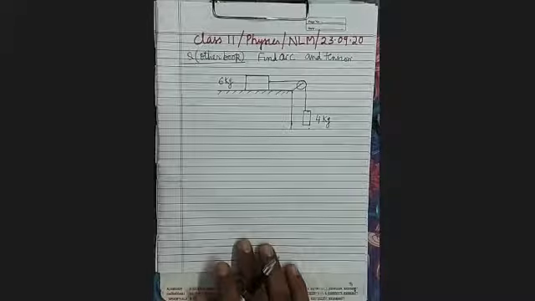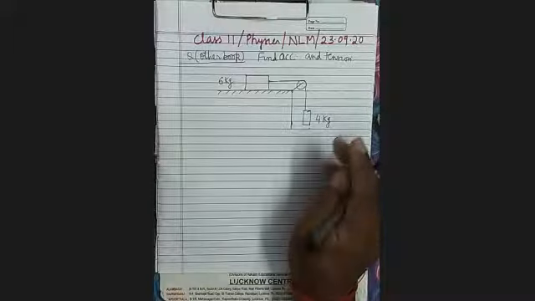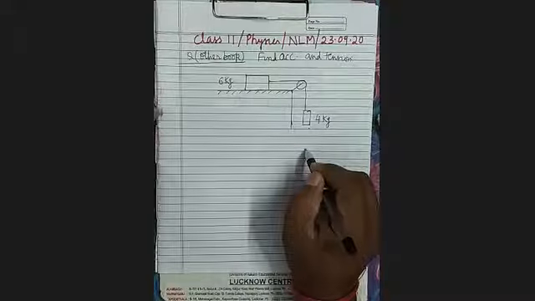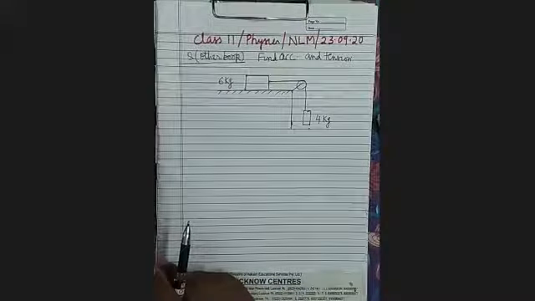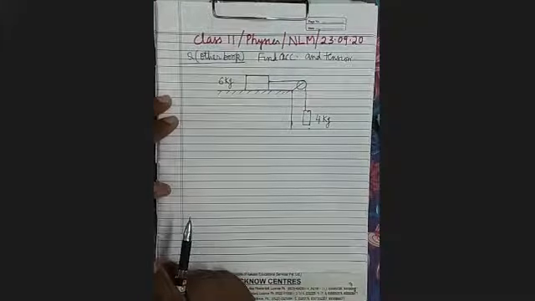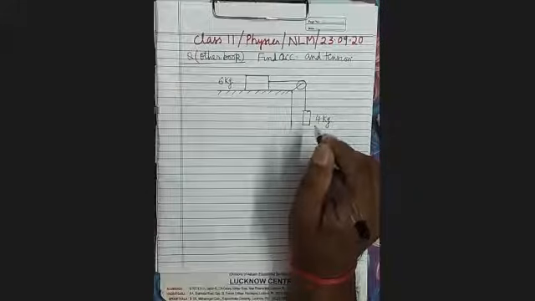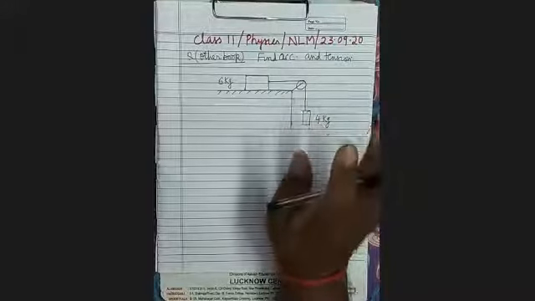Here, if you pull this body in the downward direction, what will happen? Both will travel equal distances in a given time. If it is going 1 meter down in a given time, it will move 1 meter ahead in that time. It's clear that the distance traveled by the bodies will remain the same. So since the distances moved by the bodies are the same, what will happen? They will have the same acceleration as well as the same velocity.